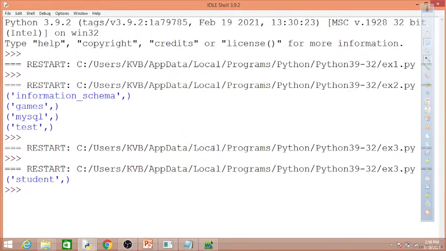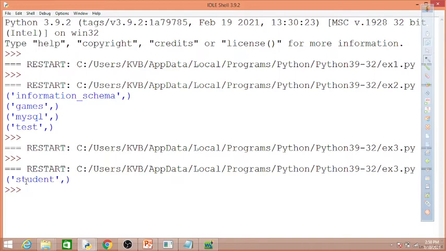So you can check the result. You can see that this student table is created, because there is only one table inside the games database, and the table name is student. So at this time only one table is displaying.